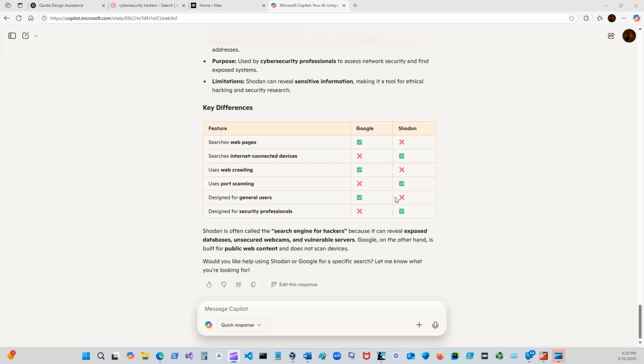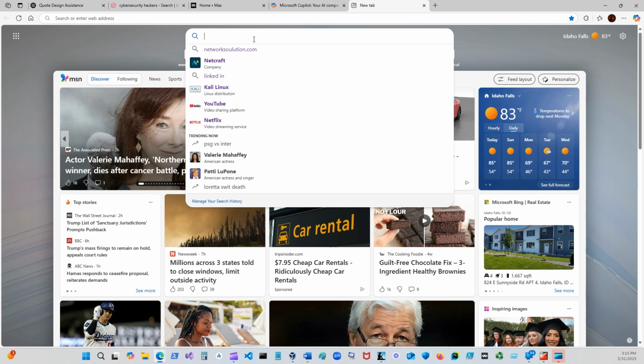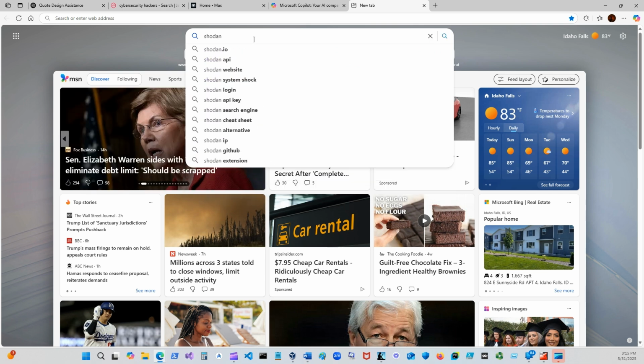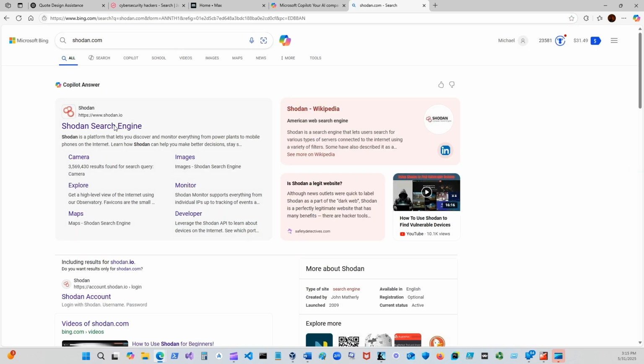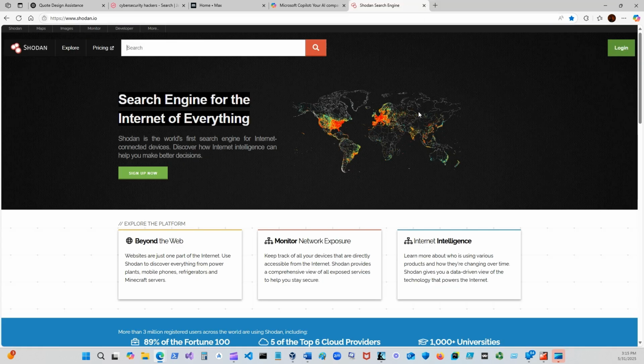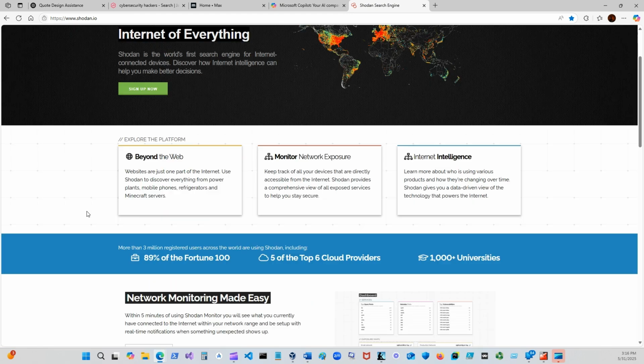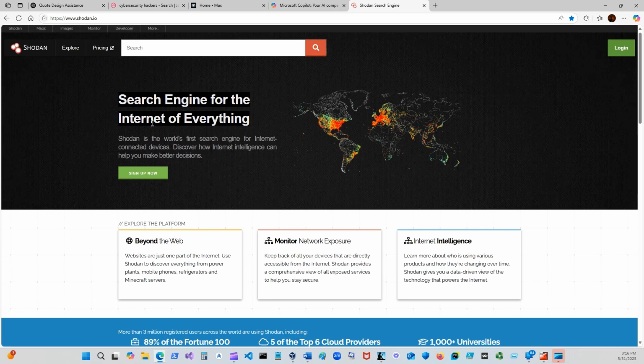I've done this. These books that I'm doing go over the same material, but it's okay, right? We just got to keep chugging along. So Shodan, you can pay for it, and if you're doing a job where you're constantly using it, like a pen tester, I'm sure pen testers working for a company have access to the paid version of Shodan. The company's going to pay for it and everybody uses it. It's a search engine for the Internet of Everything, right?